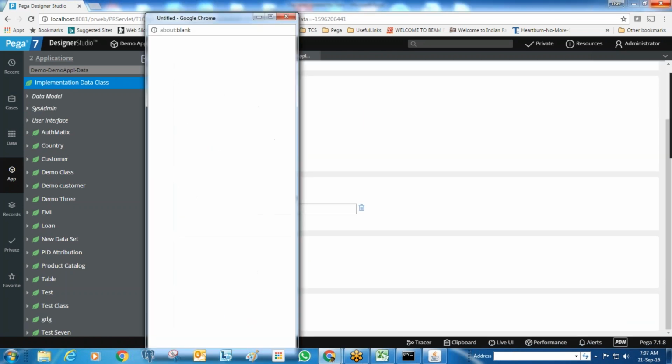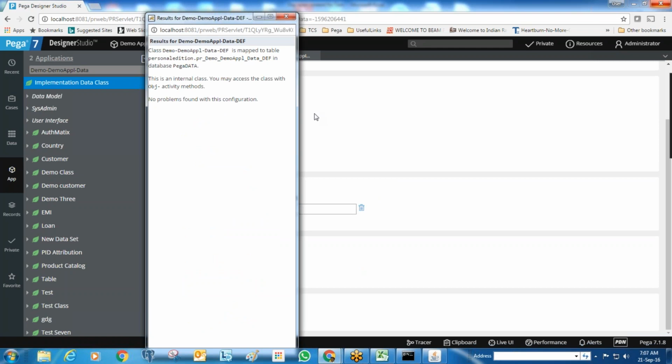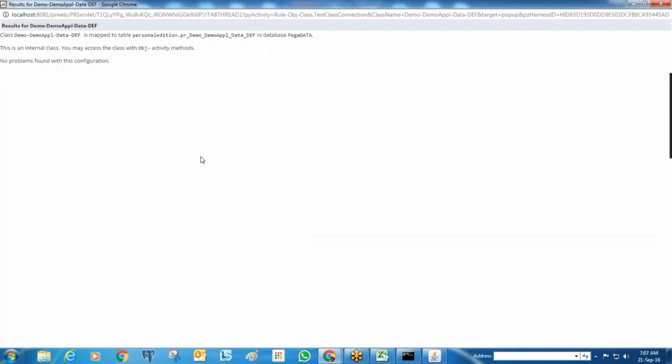Now if you check the test connection, a separate class is being created.